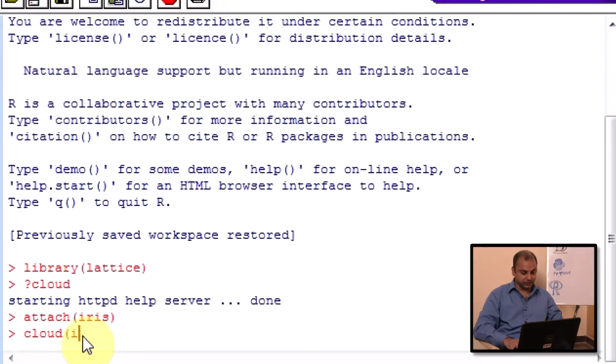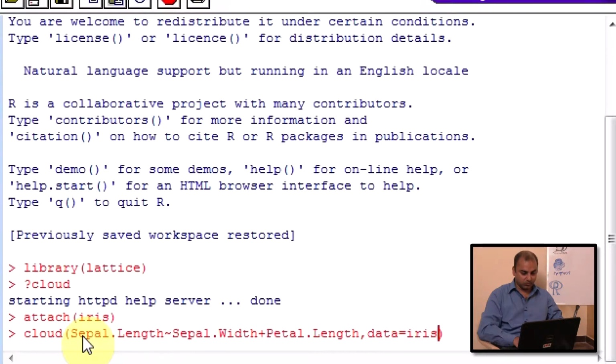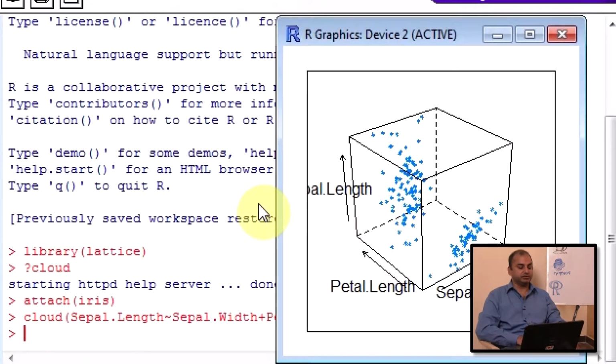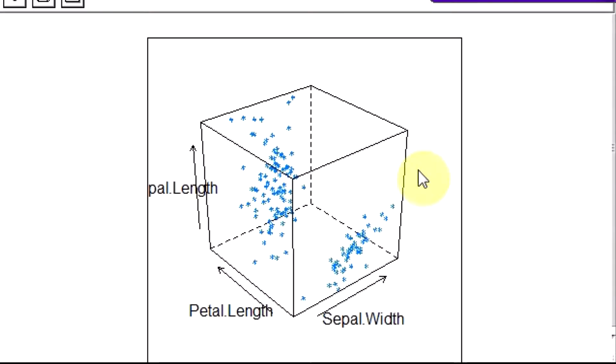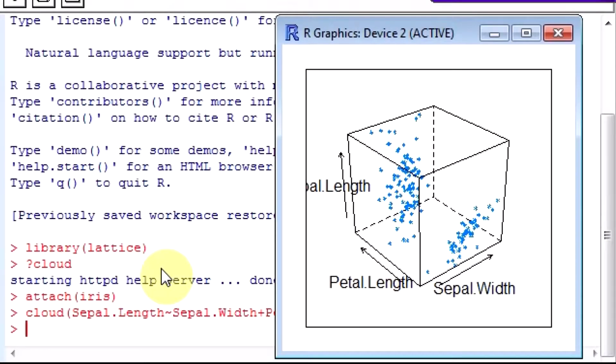say sepal length as a function of sepal width plus petal length, right? Data is equal to iris. Look at this. I am getting a 3D diagram. This is a lattice library,